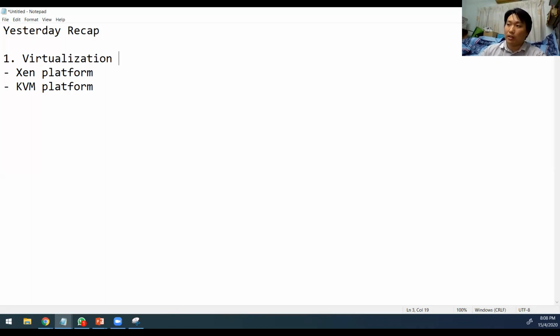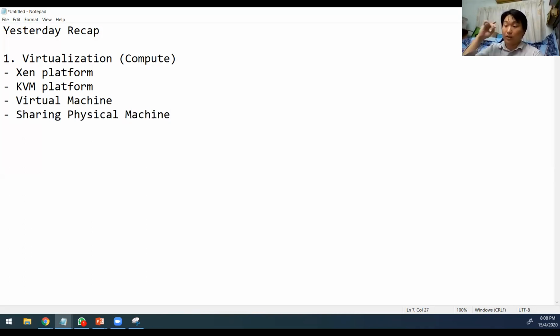So over here, when we talk about virtualization, we mainly focus on the computing part, okay, for yesterday. So this is to facilitate virtual machine creation. Still remember some keywords like this. Okay, we are basically used to share the physical machine. So all these are some keywords that we went through yesterday. So with the hardware equipment, we can now run multiple virtual machine hosts together. Okay. So from yesterday, we also cover the lab demo, where we do the CNA installation with ISO,